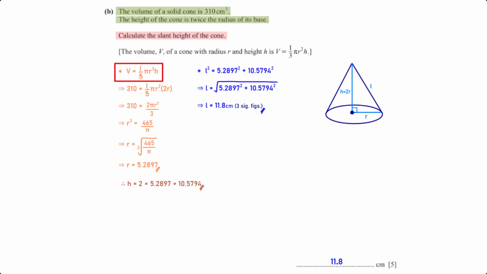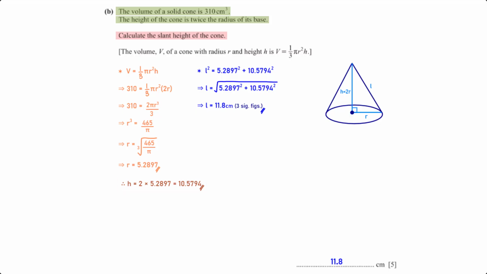Here is the formula for the volume of a cone. We've been given the volume to be 310 centimeters cubed. The radius is R and the height is 2 times R. 1 over 3 pi r squared times 2r gives us 2 pi r cubed over 3. When we divide both sides by 2 pi over 3, this is what we get. And when we take the cube root of both sides, this is what we have, which is equal to 5.2897. Now that we have the value of R, H equals 2 times 5.2897, which is equal to